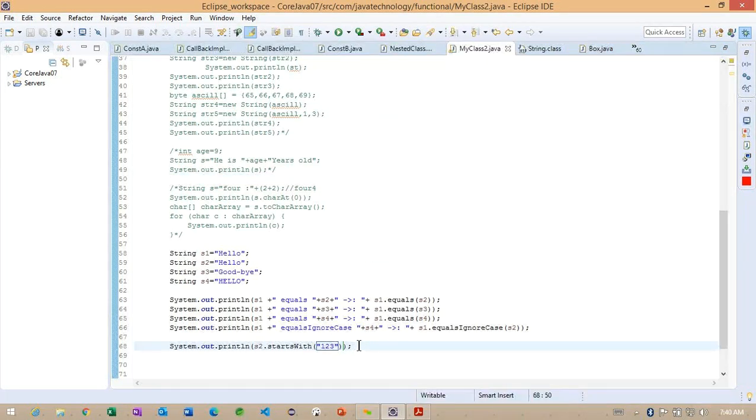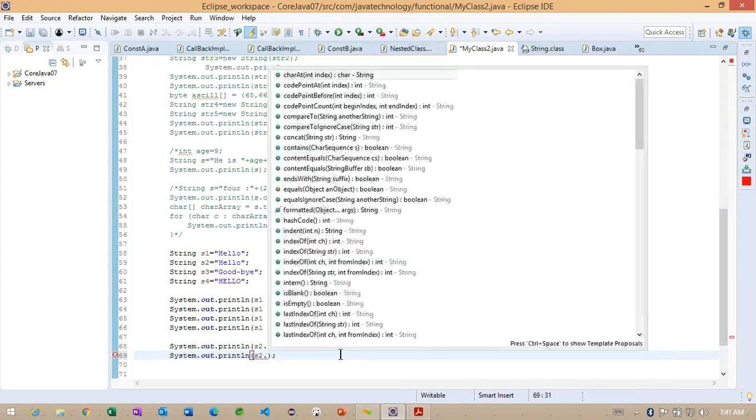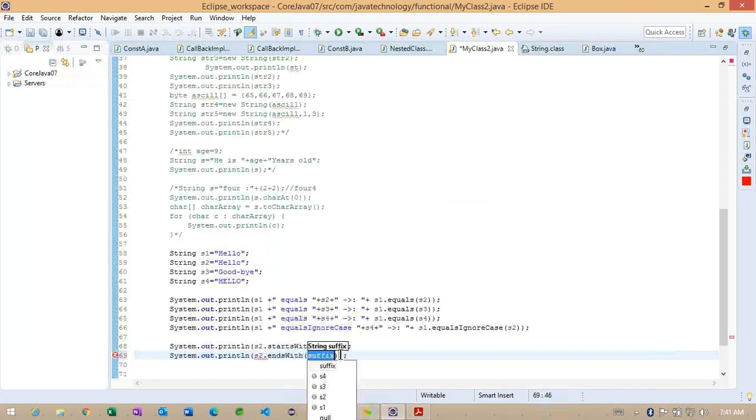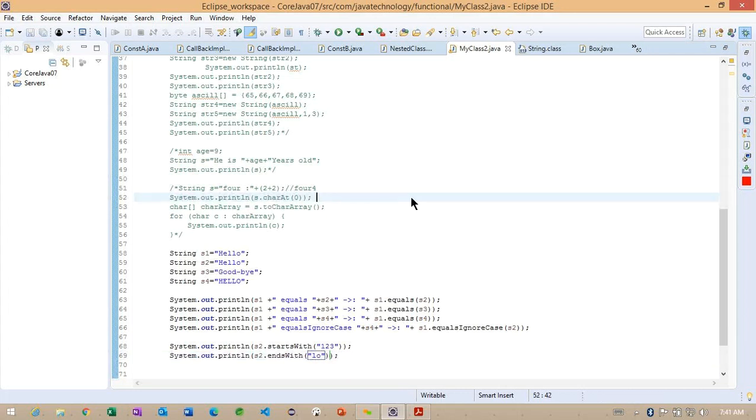In the same way, we have one more method called endsWith. We can check whether the same object ends with these particular characters or not. Initially, we can specify LO.